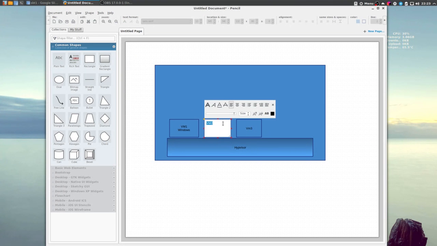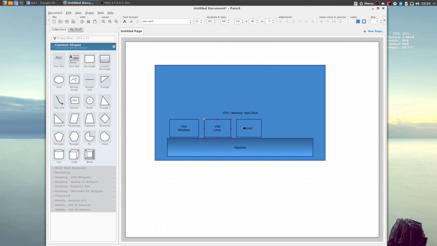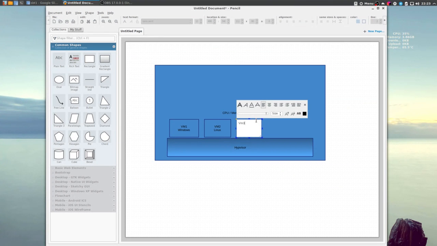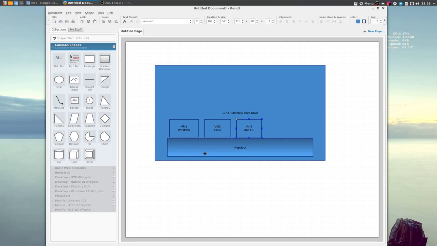Kind of hard to think and type sometimes. And this could be, say, Mac. And all of these are going to be running at the same time on this machine.